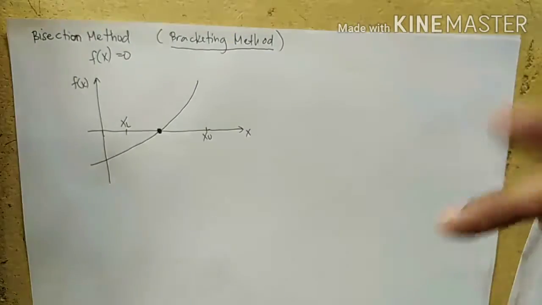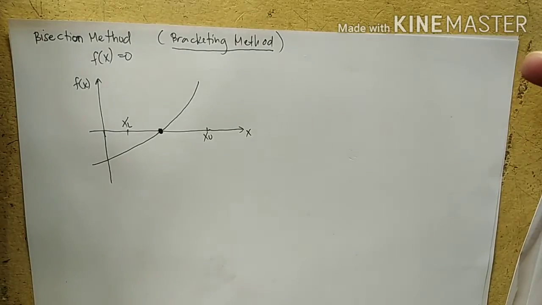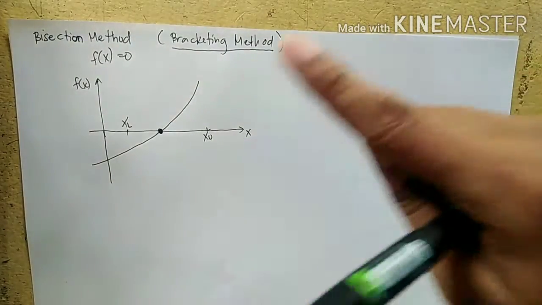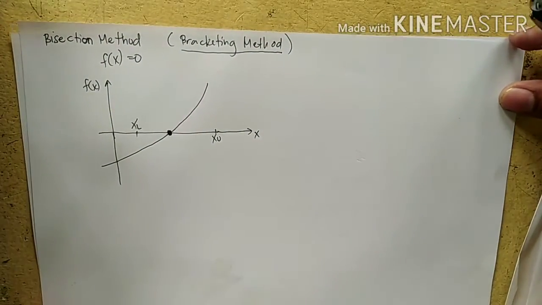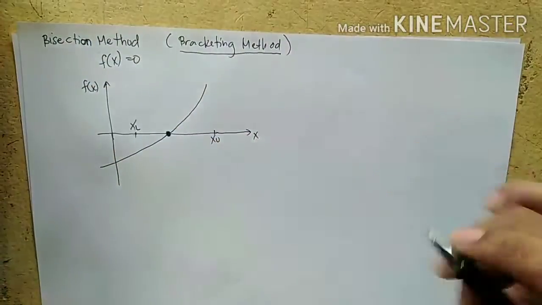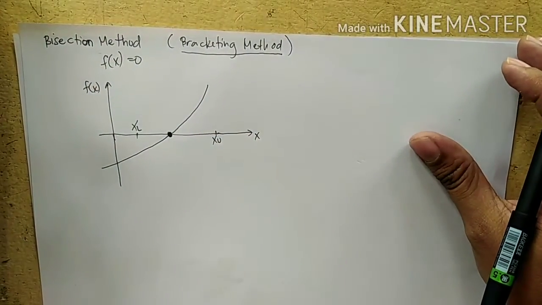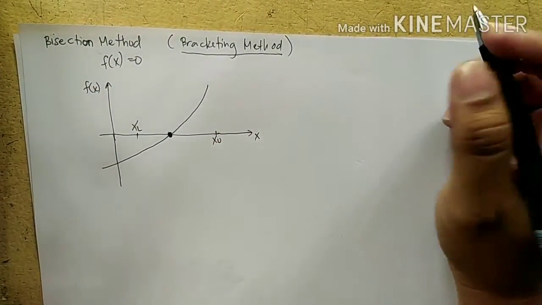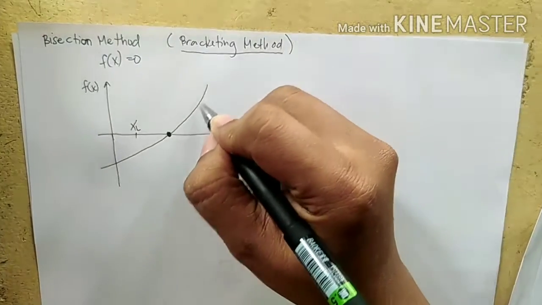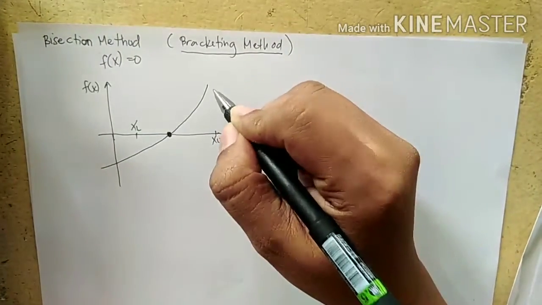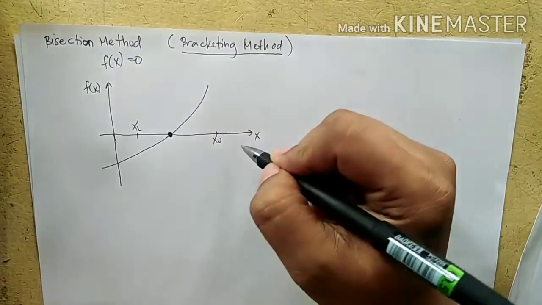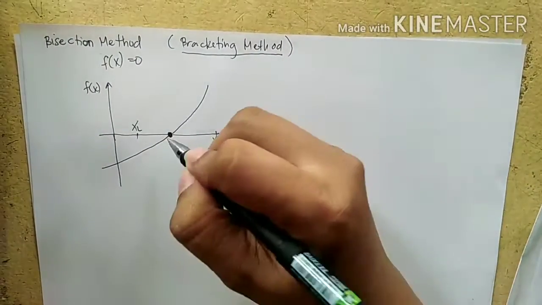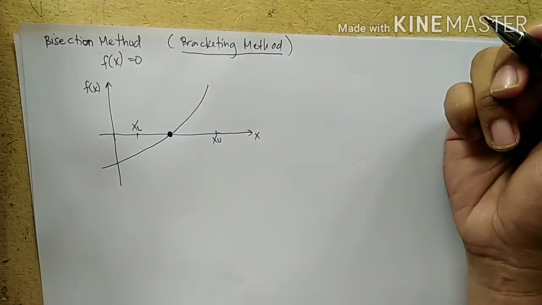And there are two methods, the open method and also the bracketing method. In the bracketing method, there are several methods that are introduced in the subject. The first one is the bisection method. So for example, if this is the curve of the function, the root of the function is the intersection between the x-axis and the curve, so therefore this is the root of